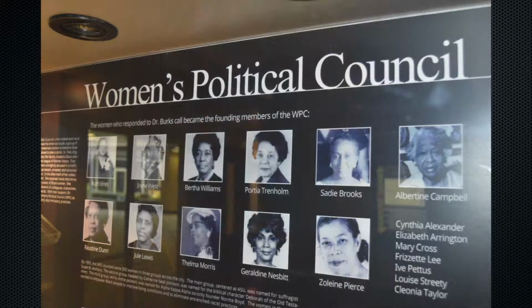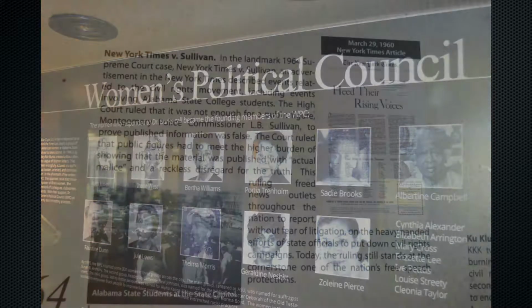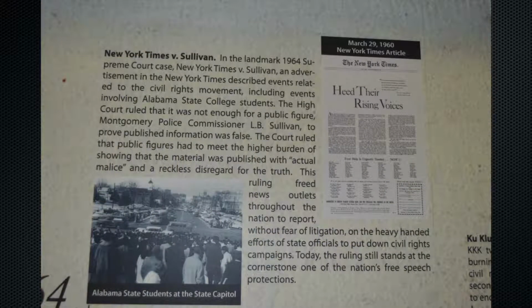ASU students are also featured in the timeline for their involvement in the 1960 sit-ins at the Montgomery County Courthouse. Two landmark cases grow out of the ASU student sit-ins. The timeline traces the role of students and alumni in the landmark First Amendment New York Times versus Sullivan case,